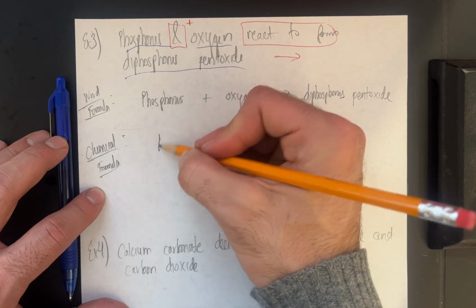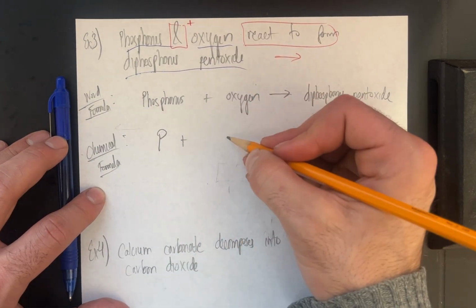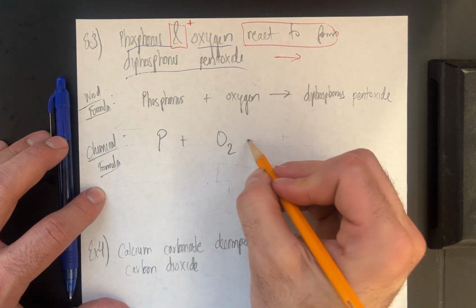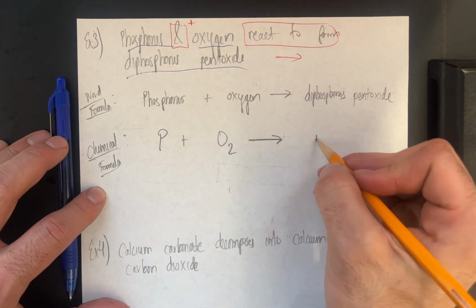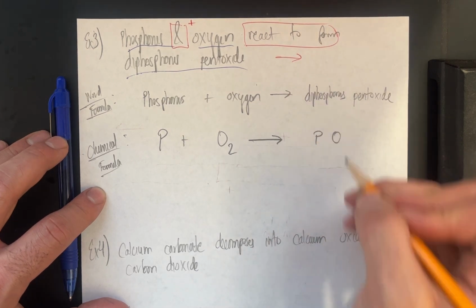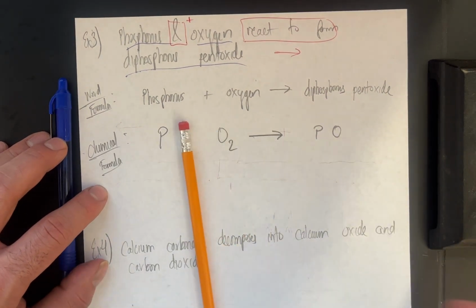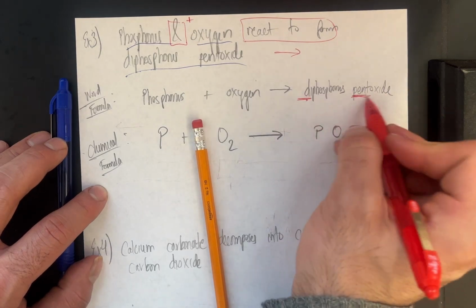Now phosphorus is not diatomic, right? So you can just put P. Oxygen, though, do note it is diatomic, so you put O2. And then diphosphorus pentoxide, P and O. Now do note, right? There are